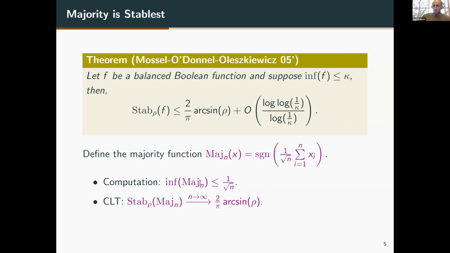It's an easy computation which follows from the symmetry that the maximal influence decays to zero, which is not surprising. There is no one single influential coordinate. And on the other hand, simply from the central limit theorem, you can calculate the noise stability of majority, and this converges to 2 over pi arcsine of rho,